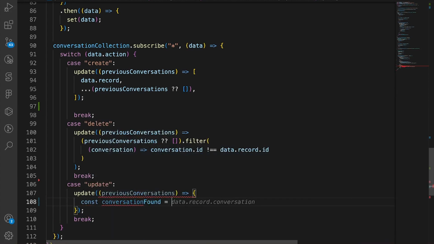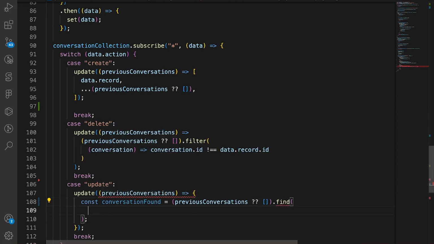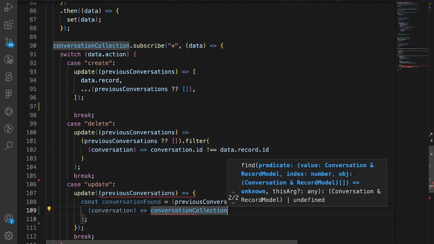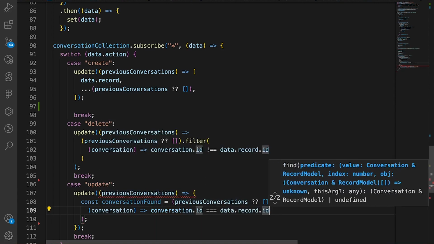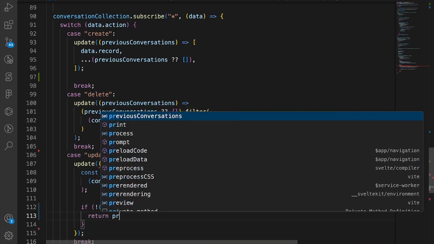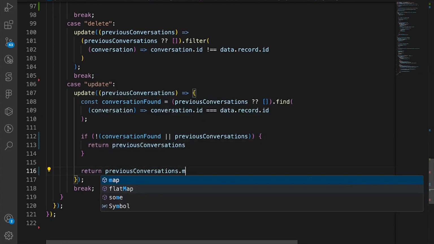Conversation found is equal to previous conversations or an empty array dot find conversation dot id equals data.record.id. So basically we're gonna find the actual conversation. Then we say if the conversation does not exist or previous conversations does not exist, we just return the previous conversations. So now let's return previous conversations.map